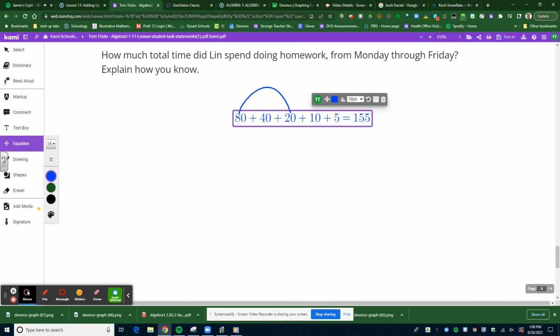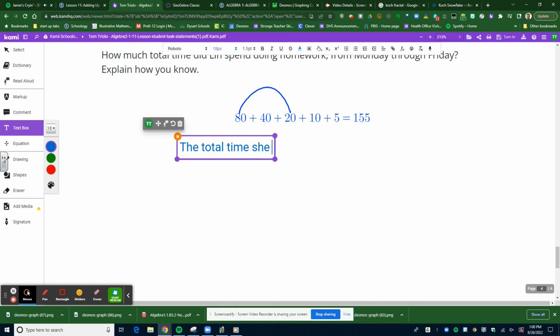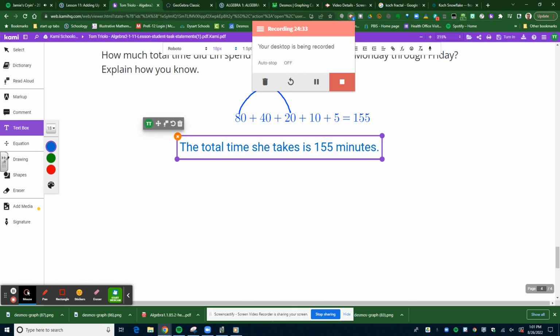Okay. Since this is a question in English, let's answer it. It says the total time she takes is 155, and please put in the units. Okay, by columns. All right, so let me